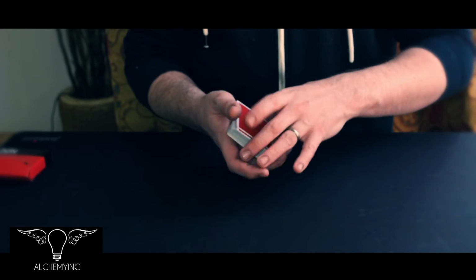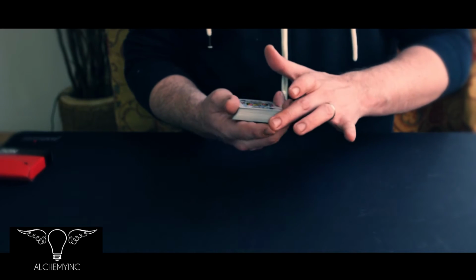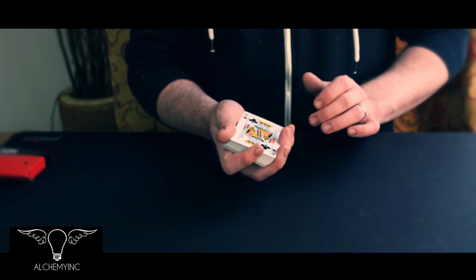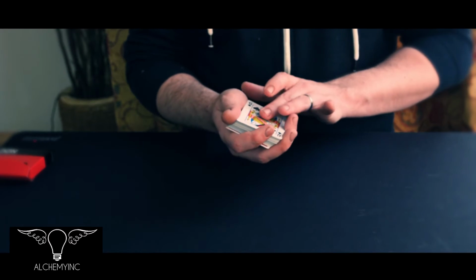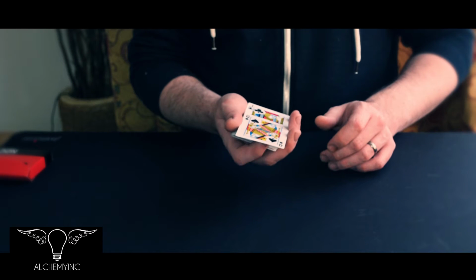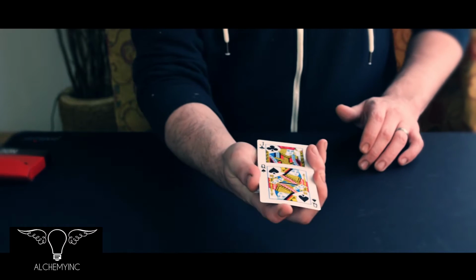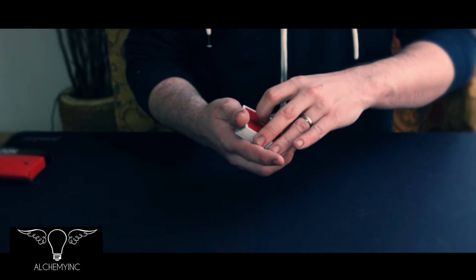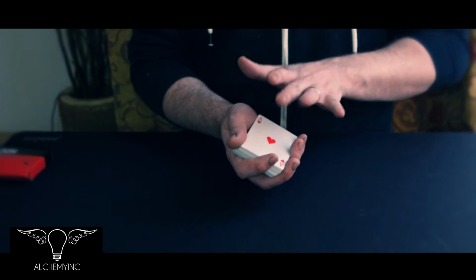Also, I see a lot of magicians and a lot of people slip up with the change when they don't keep their index finger in place here. This index finger is vitally important to push that one card back onto the top of the deck again. I see a lot of people when they're learning push it out and they leave their index finger under here, and then they've got to reach and stretch, or they push it too far and they can't quite stretch to pull that card back into position. So yeah, index finger vitally important, but my one tip would be don't close your fingers, keep them open,